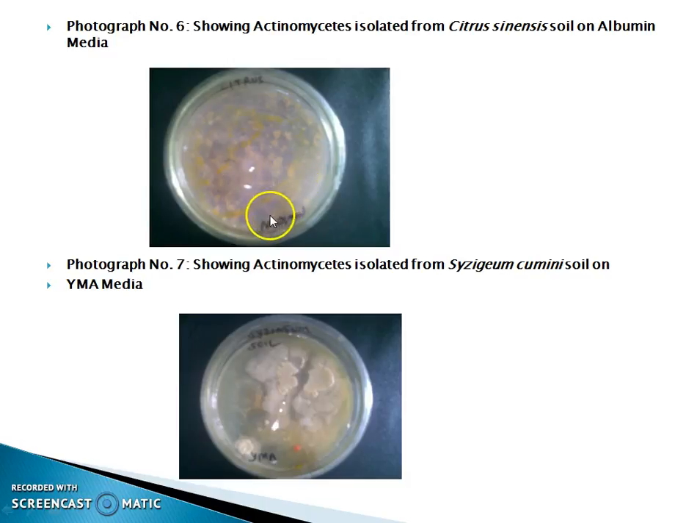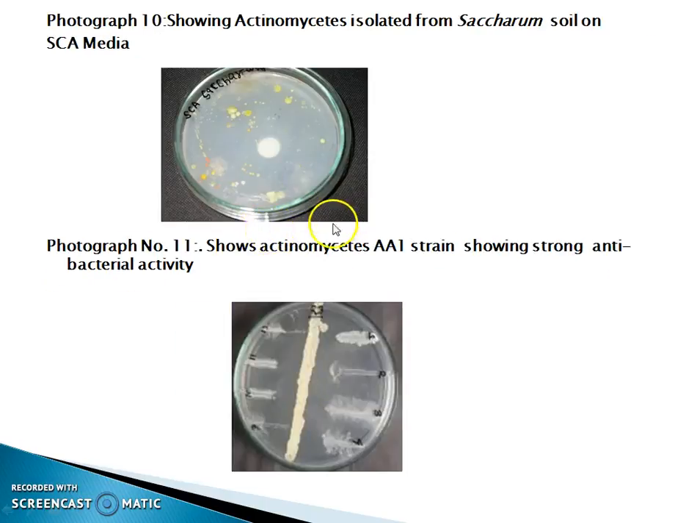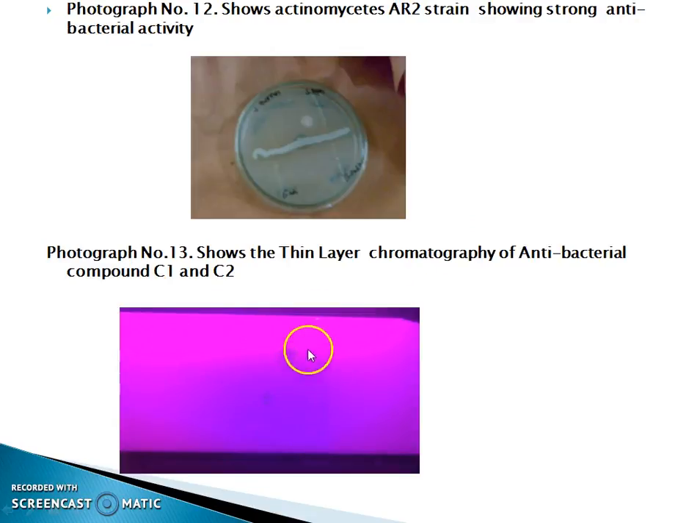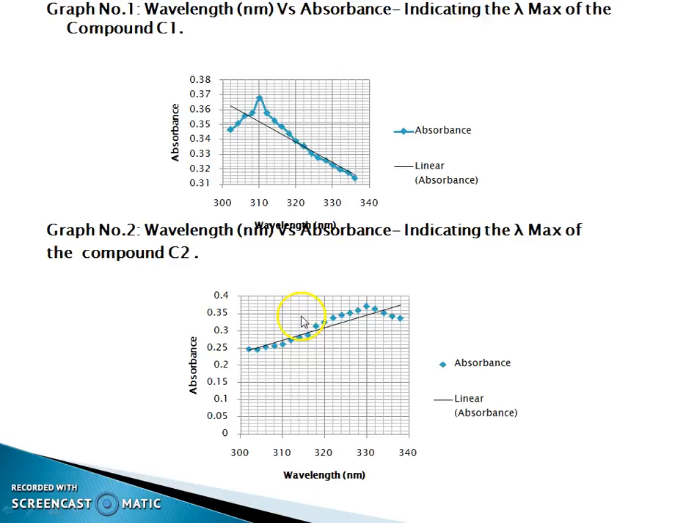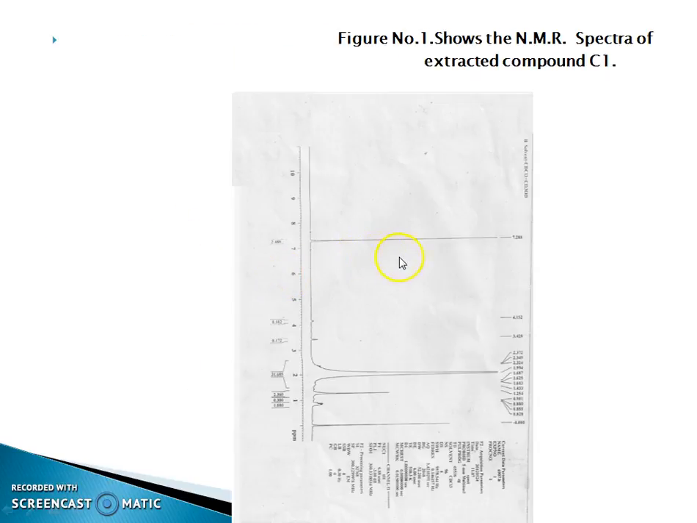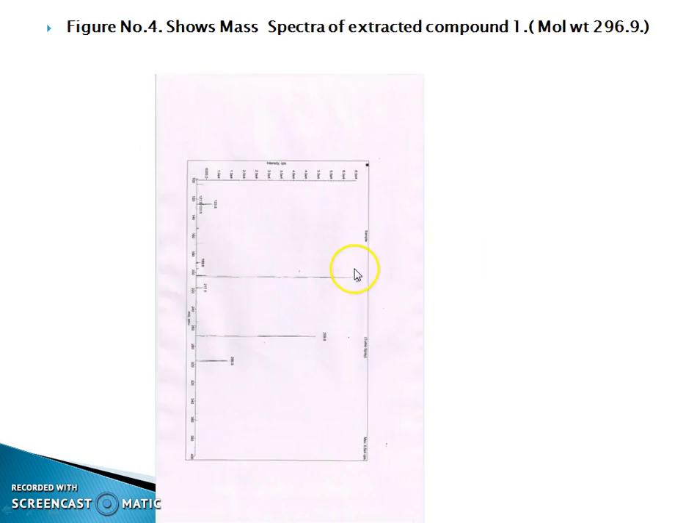like yellow, orange and white colored colonies. And here photograph number 11 shows the antimicrobial zone of inhibition, and then these are the photographs for TLC, which shows a blue spot on the TLC, and then these are the paper chromatography slides, and these are the compounds which were extracted, and these are the values for UV, IR, NMR and mass of the